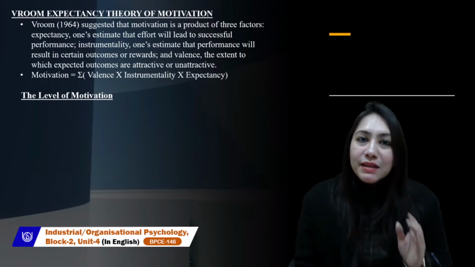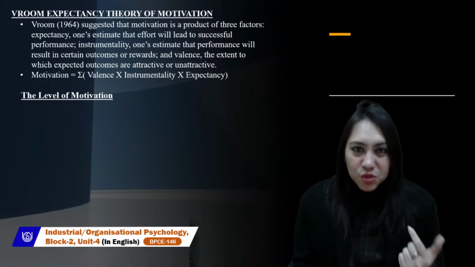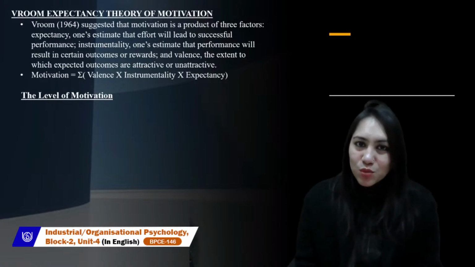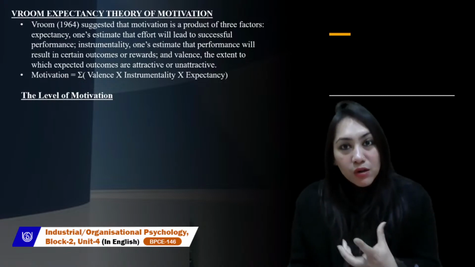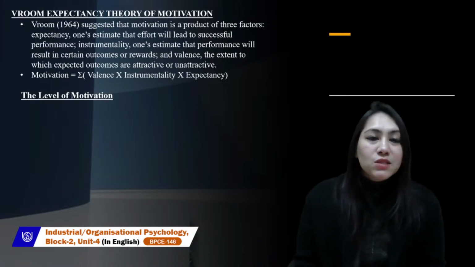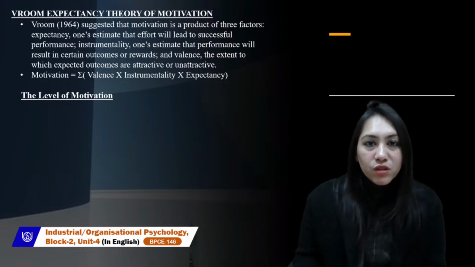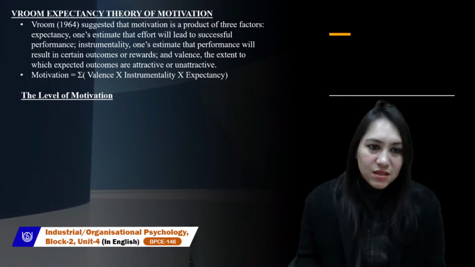Here we become a little more accurate, a little more objective in understanding theories. These are process theories. We will talk about the journey. We will talk about how you are processing or completing a task. So Vroom's expectancy theory of motivation in 1964 suggested that motivation is a product of three factors: expectancy, instrumentality, and